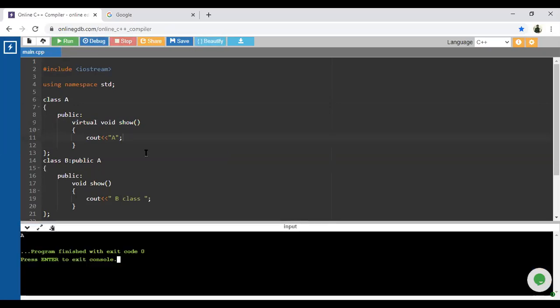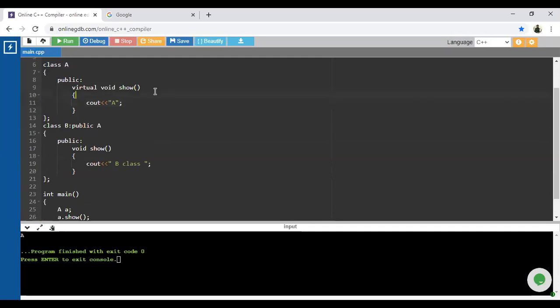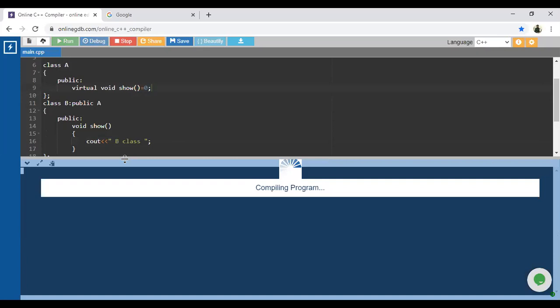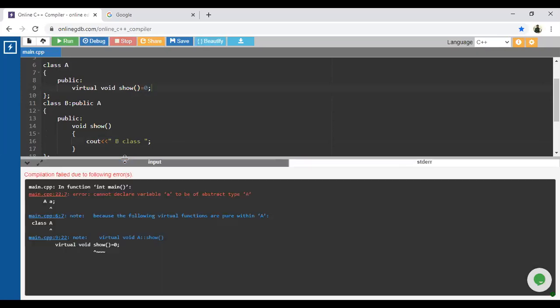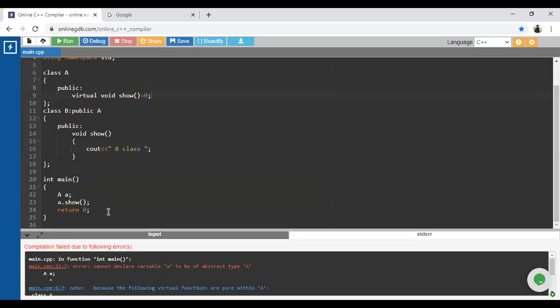Now, with the help of that object, this A variable is displayed on the console. So when we convert that normal virtual function into a pure virtual function with this declaration, equal to 0 means what, guys? For that show function, no definition is available, so that is called a pure virtual function. And when I execute this code, it directly shows an error, because A is of abstract type and you are trying to create an object of that abstract type, so it is not applicable.